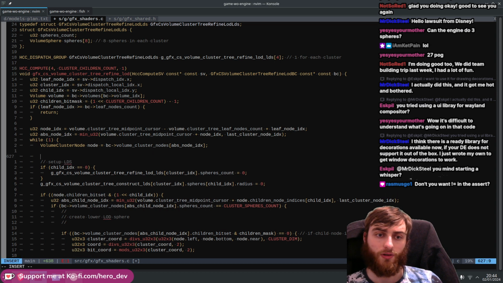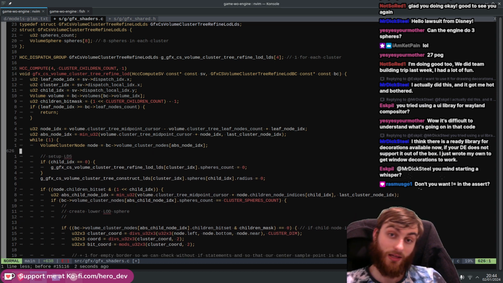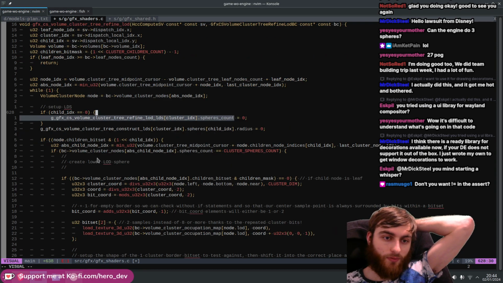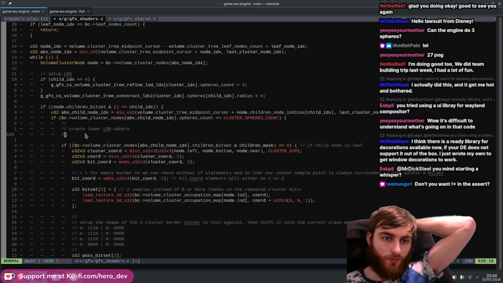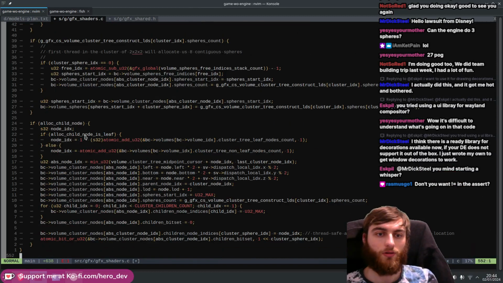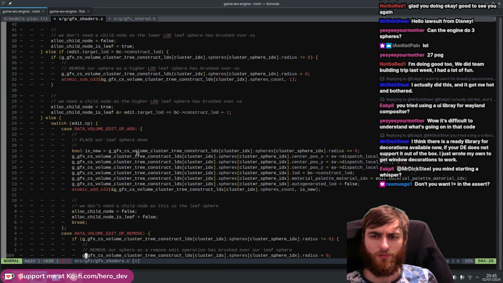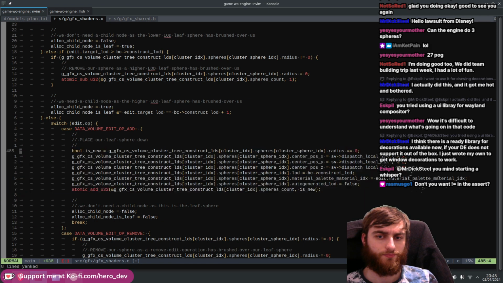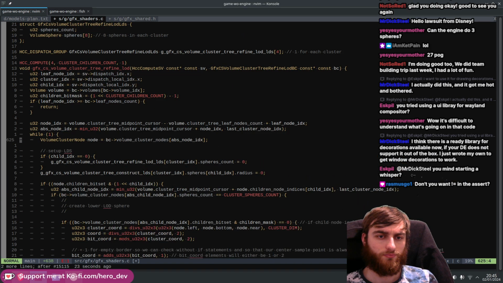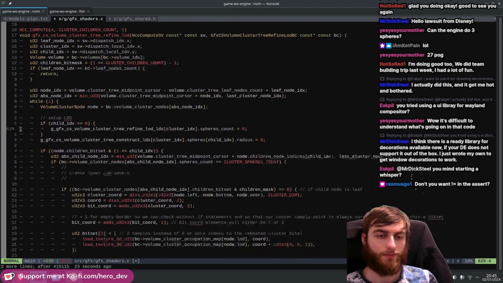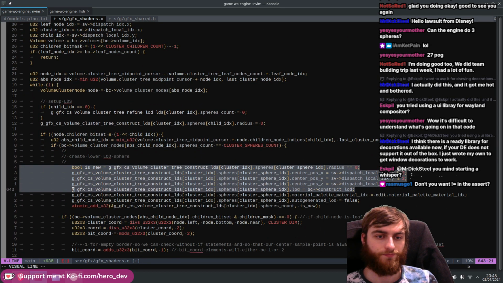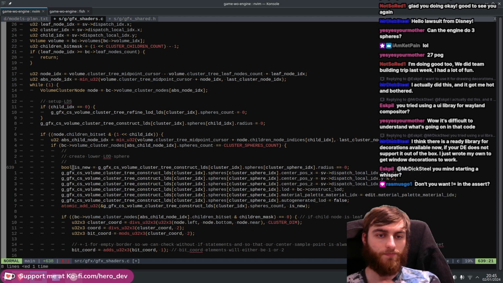And the reason why we use LDS is because we might not actually need to allocate the node. We only need to allocate the node providing that we actually have make spheres. So here we're going to make the sphere. So again, we go up to the code above, where we did that, it was here. So create the lower LOD sphere. So we need to use